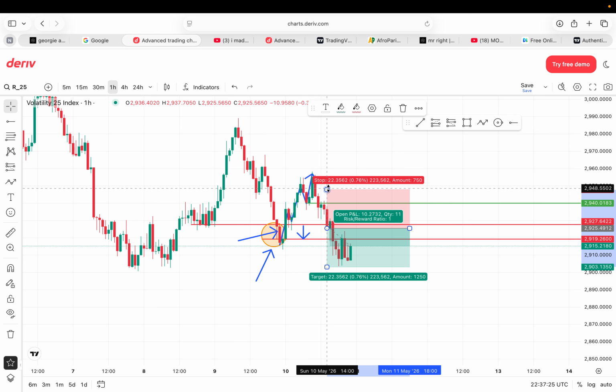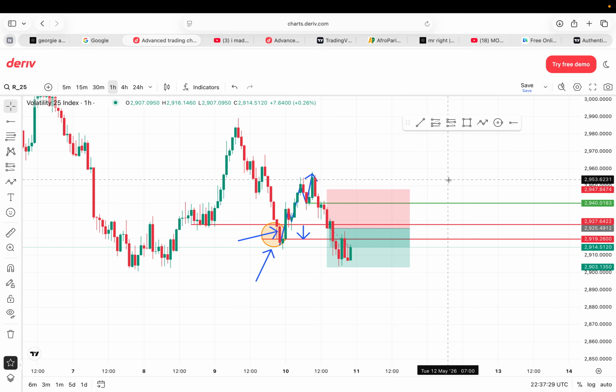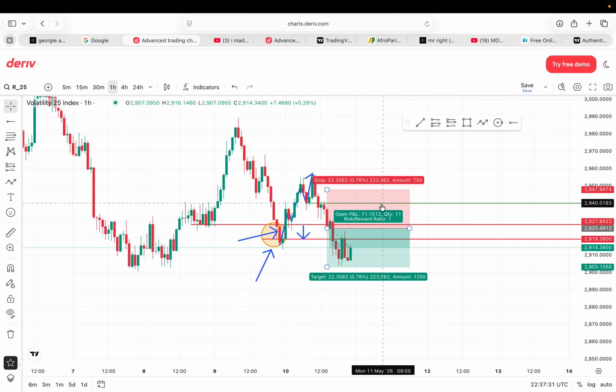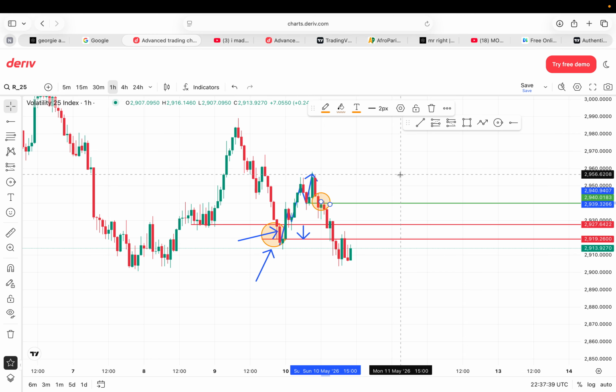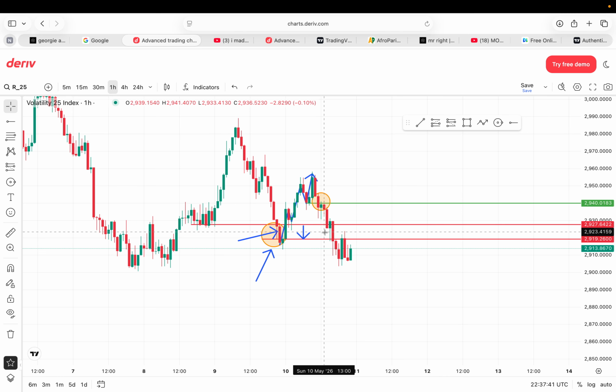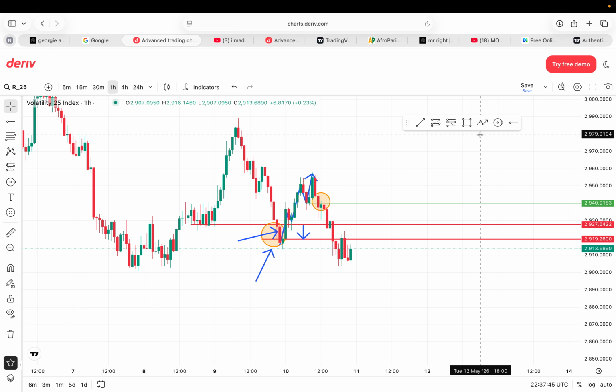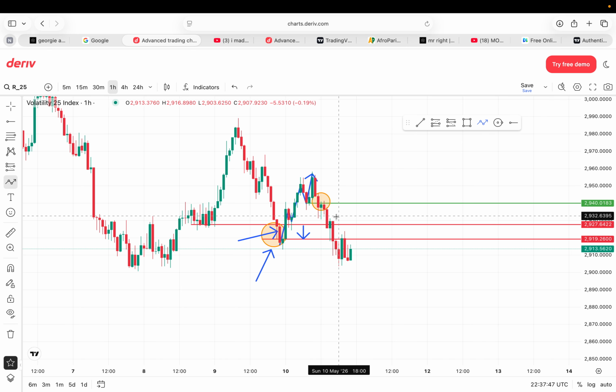Usually this is something I want to add to the video. If you're entering a trade like this, you already know that this was the last high the market gave us before entering this zone. Now, if you're entering any position here, make sure that your stop loss is somewhere above this.